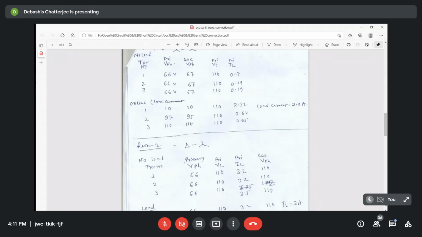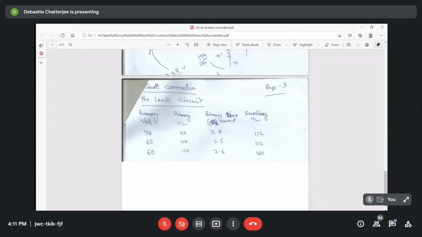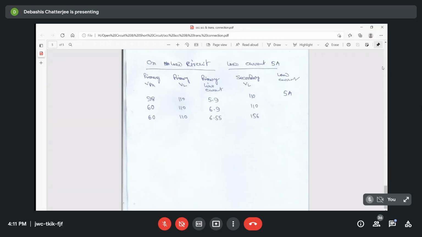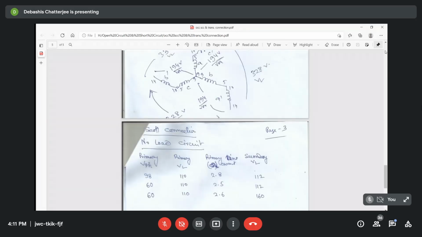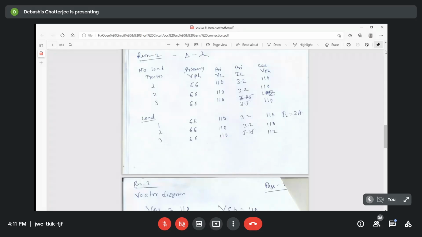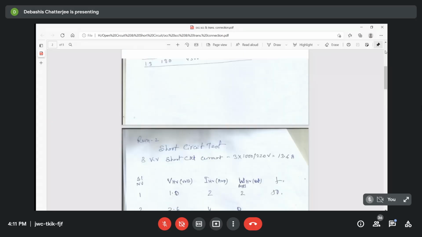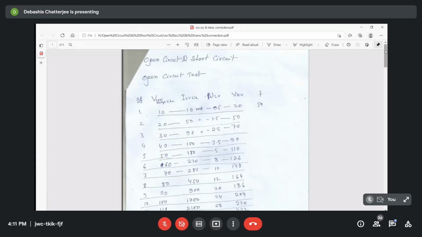Of course, he has clubbed some other things which are required for electrical third year and provided it to me in the same page. So you ignore the third, fourth pages. First 2 pages you take. That is for you only. So I will not be able to split it up. I will send the same file to you. Yes, sir. We will manage it. The last 2 pages you ignore. Only the open circuit and short circuit data you take. Okay, sir, he has provided me a set of data which is required by me in a single file.